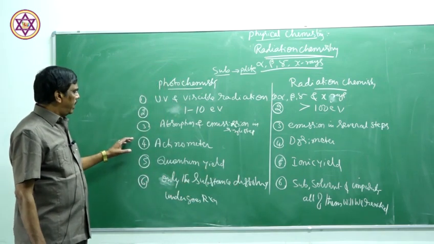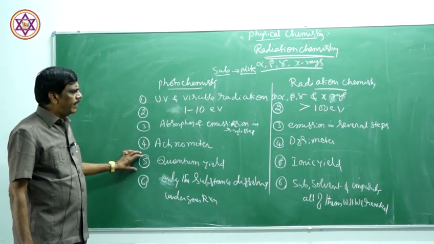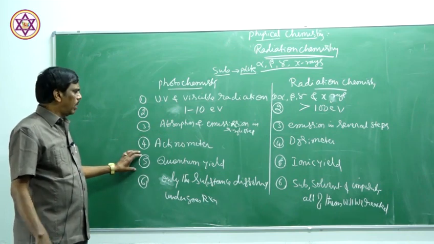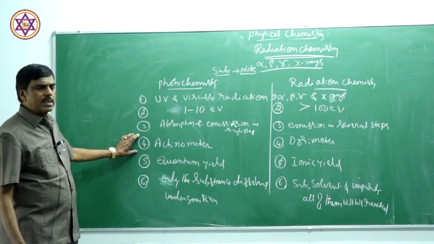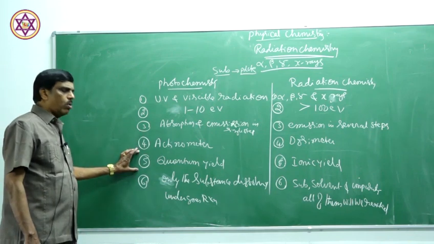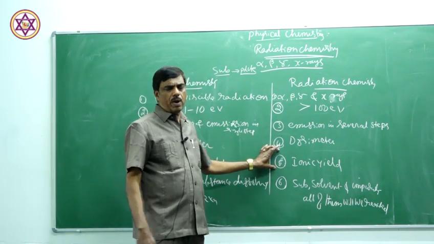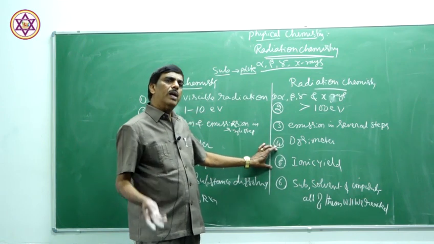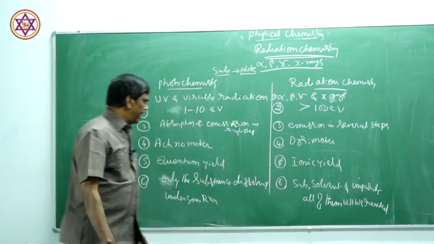Therefore, here we measure the ionic yield. Ionic pairs are formed and excited molecules are produced. In photochemistry, the instrument used is the actinometer, for example the uranyl oxalate actinometer. Actinometers are used to measure the quantum yield, whereas here a dosimeter is used. Here ionic pairs are formed after irradiation by high energy radiations. The yield depends on the ionic pairs produced. Therefore, we calculate the ionic yield.